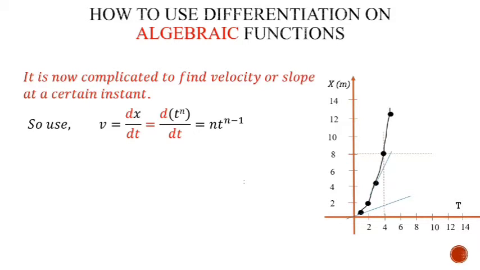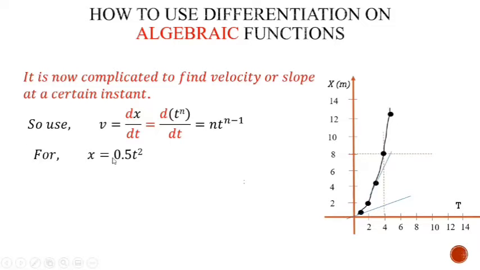For example, here you can see the velocity is always equal to the differentiation of the displacement with respect to time. If suppose the x value is t raised to n, then in differentiation we will multiply with the existing power and we will reduce the power by 1. So n is the existing power, we will multiply by that power and the already existing power is reduced by 1. So this way you can perform the differential operation and find out the velocity directly.